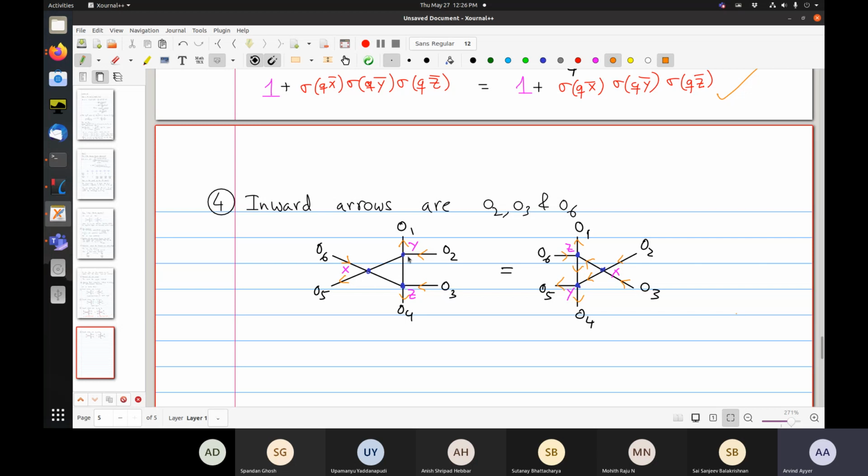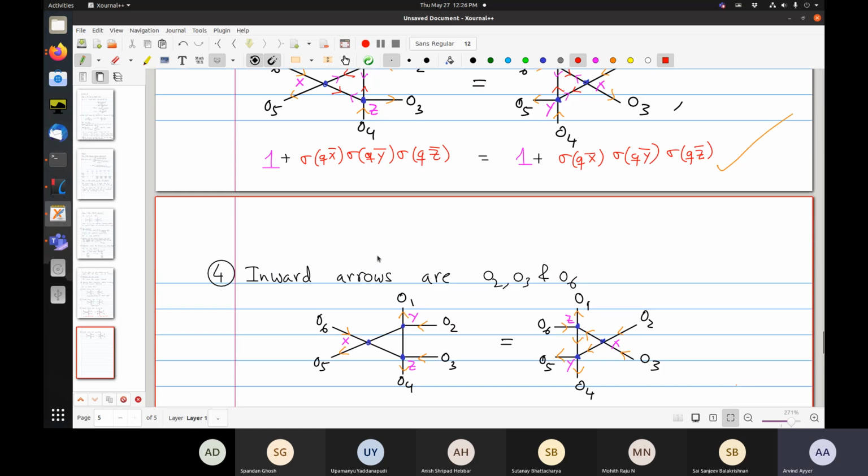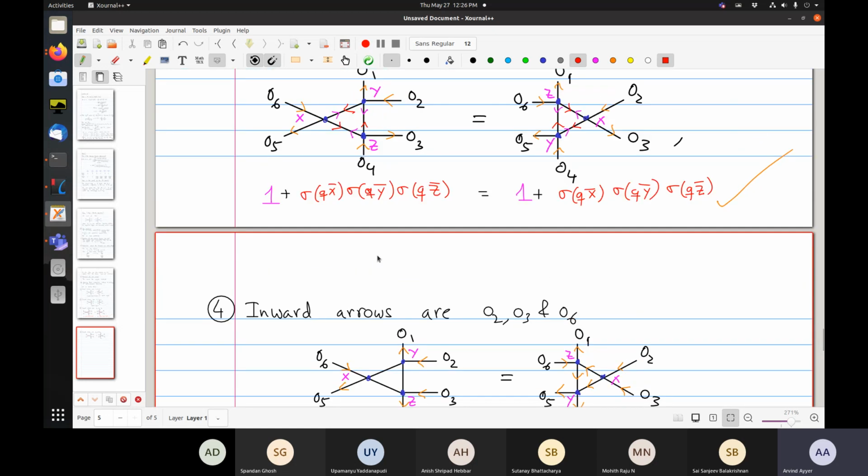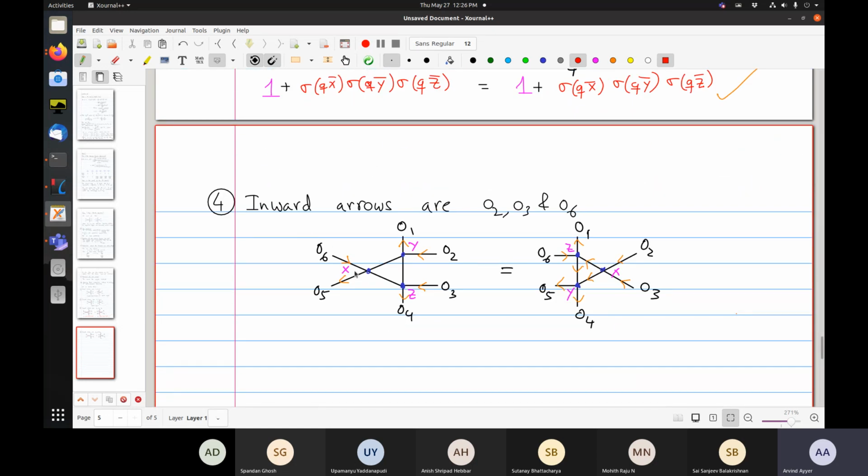So such things are going to happen. Let me draw the two things in red and pink as before. Let's suppose this is in this direction. Then there are two incoming over here, so two outgoing have to be there. This has to be outgoing, and that matches this. And the other one, okay, let me write that weight first.